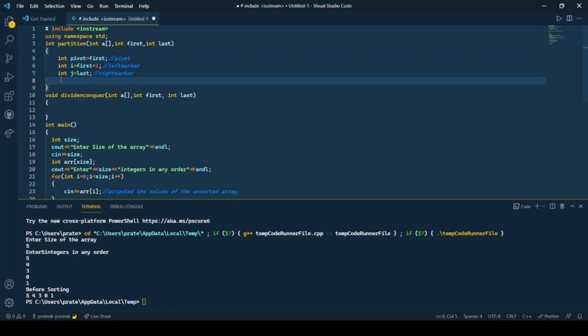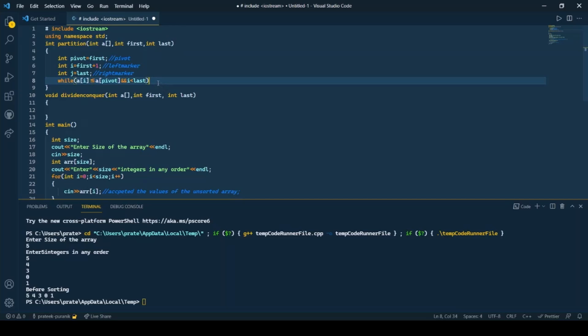Now as we had discussed earlier, we need to increment i till we find an element which is greater than our pivot element. So let's make a loop for that. While a of i should be less than or equal to the pivot element, and i should be less than last. So i should be less than last is so that we don't overrun the array, and a of i less than or equal to pivot is used to check if the element pointed by i is less than the pivot element.